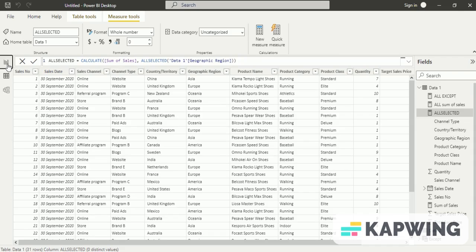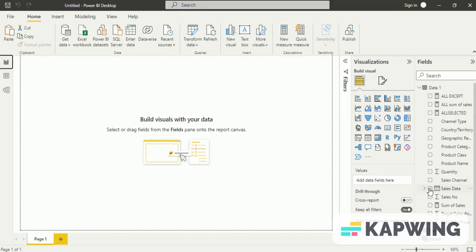Let us go to the report view. Select table view.